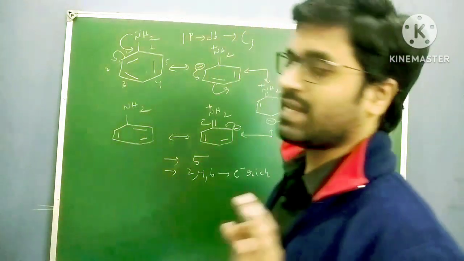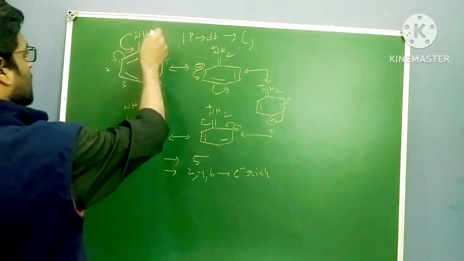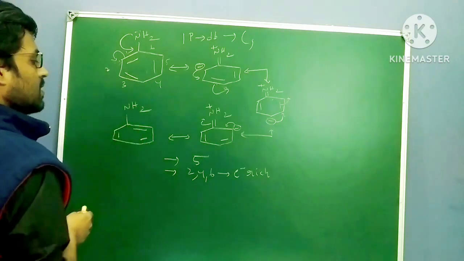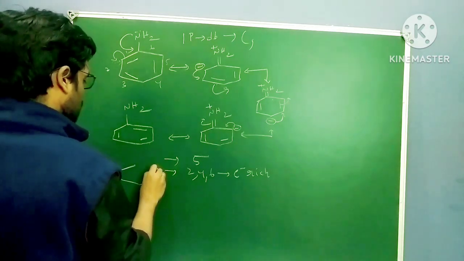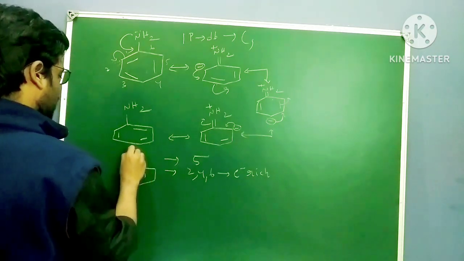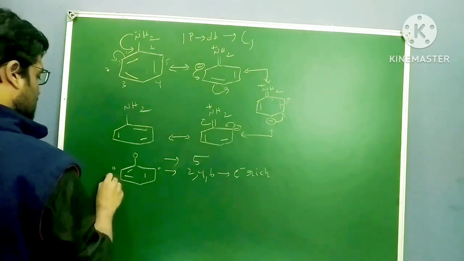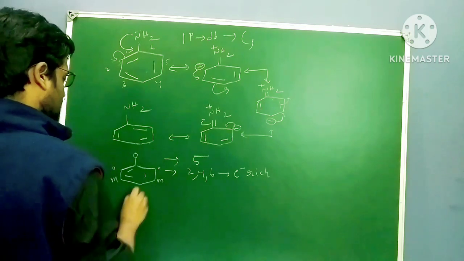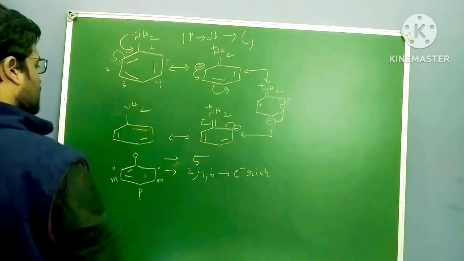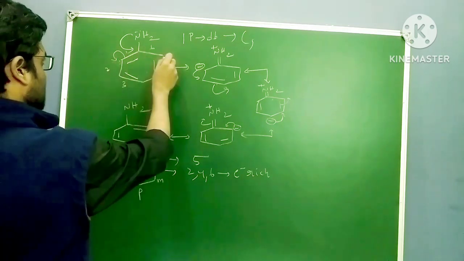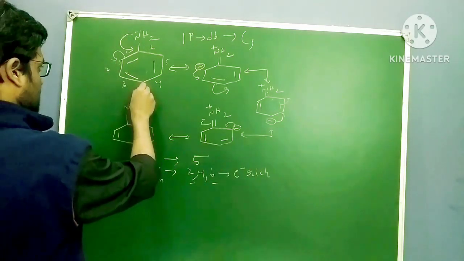Next, very important thing, what is ortho meta para? When we have an electron donating group, is it ortho para directing or meta directing? Dekho, first of all I am taking this, right? So whenever I have a structure like this, if I have any group here, this is the ortho position, these two are ortho positions, these two are meta positions, this is the para position. So electron rich positions, this and this are electron rich positions, 2 and 6 positions, right? And the fourth position, this is also an electron rich position.